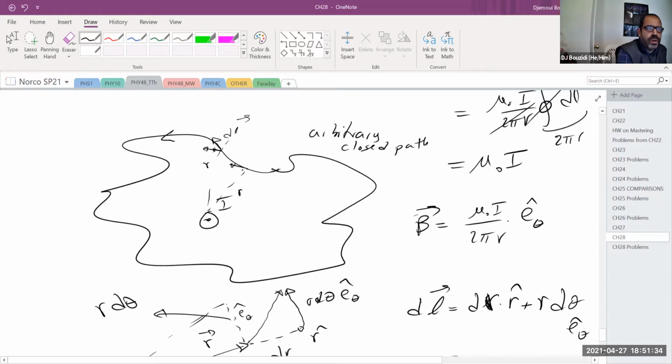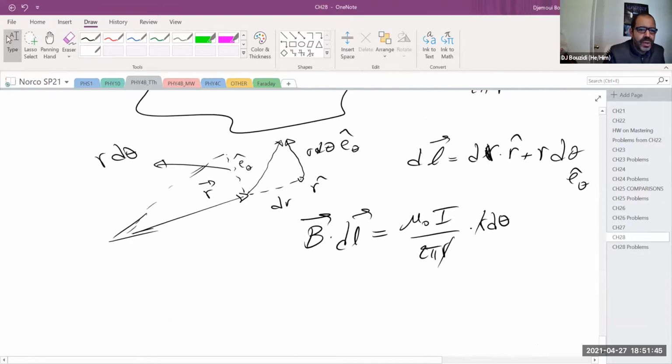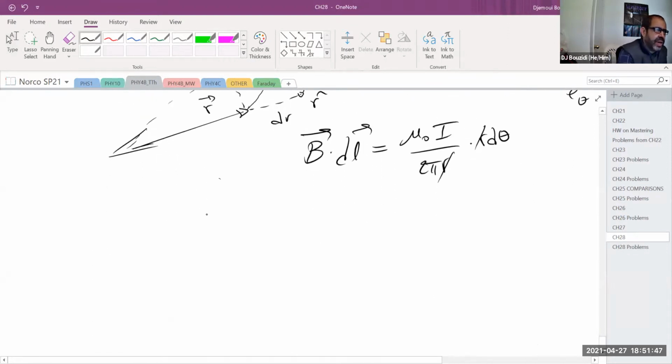The circulation is always defined counterclockwise. I'm sorry. So when you go counterclockwise, you're going to come back to your starting point. So you want a full cycle, 2 pi. So theta changes from 0 to 2 pi. So at the end, if I calculate the circulation now around any closed path,